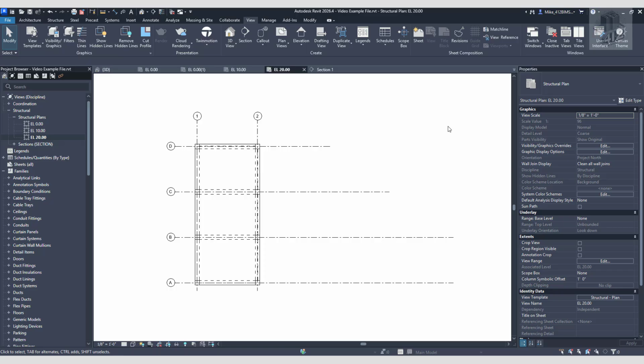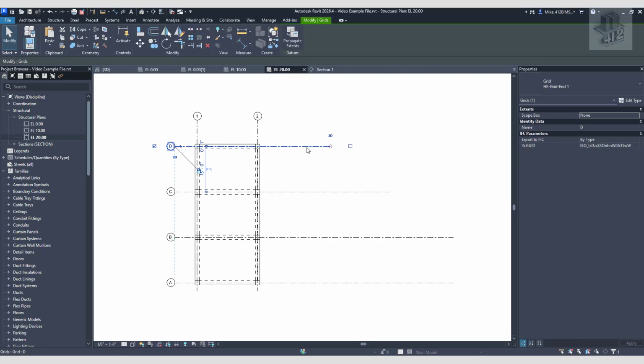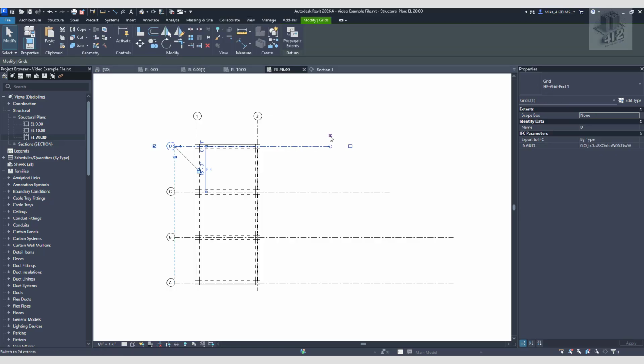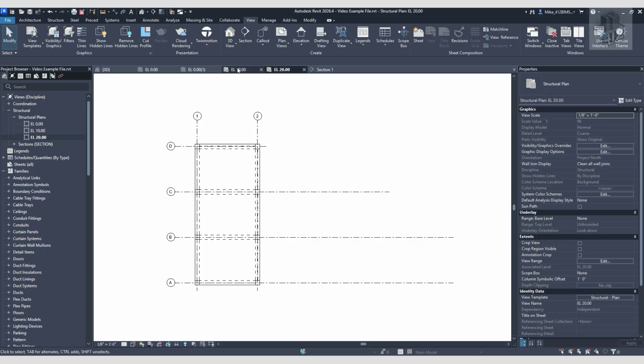What you don't want to do though is change these 3D extents over to here, because it'll screw up what's happening at elevation 10, which is where the 2D extents come into play. If you click on here, you can click on 3D. You can now pick the dot. And if you pick this dot and slide it over to here, now if you go back to 10,